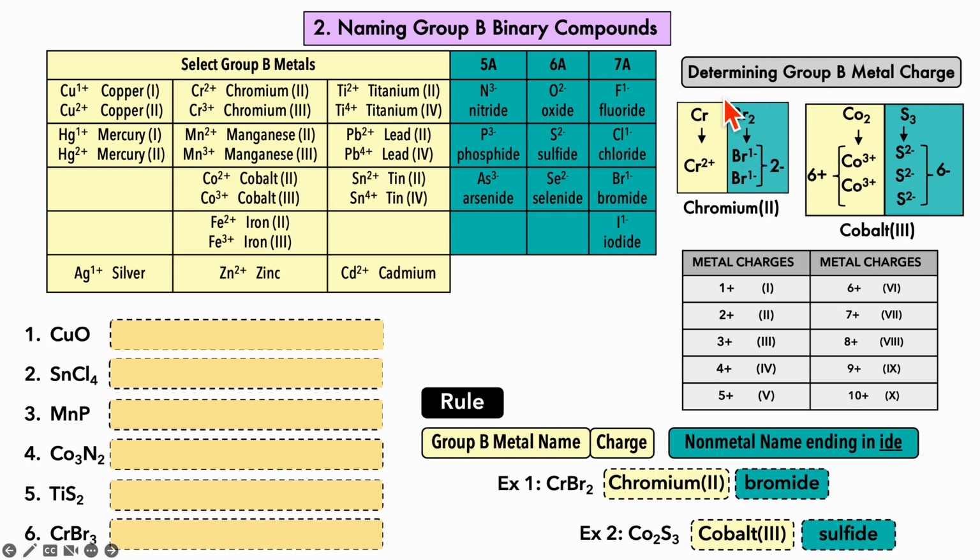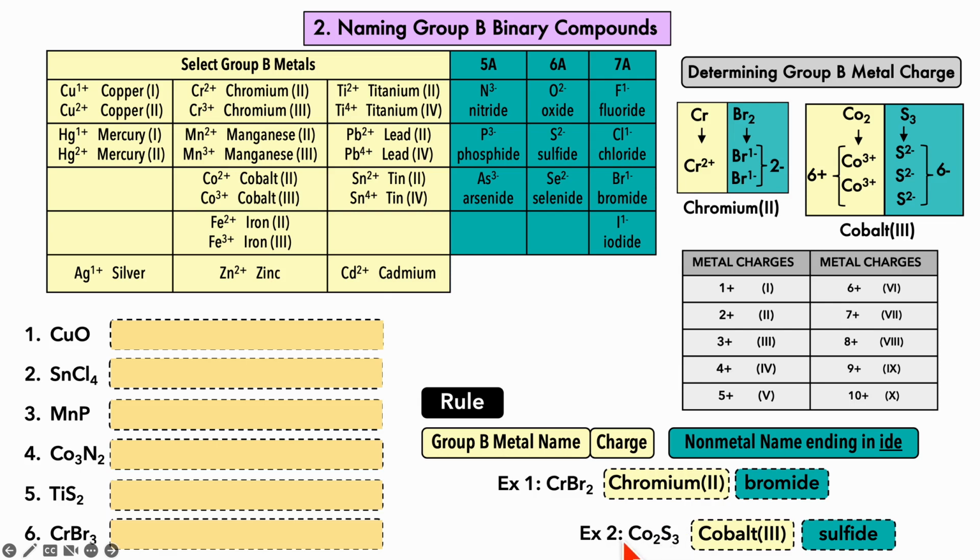CrBr2 has two bromine atoms. The charge on each bromine atom is 1 minus. So the total charge on the non-metal side is 2 minus. Since compounds are neutral, there should be a corresponding 2 plus charge on the metal side. So in CrBr2, the charge on chromium is 2 plus. So the name of the compound would be chromium(II) bromide. Let us examine a second example,